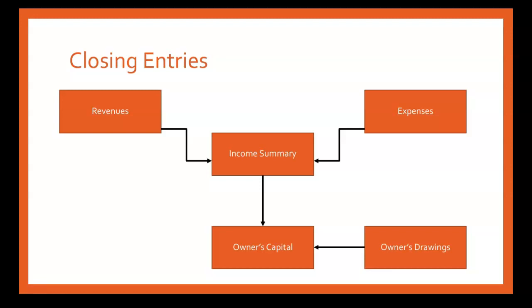Now, we have temporary accounts and we have permanent accounts. Your temporary accounts are the accounts that are being closed: your revenues, expenses, and owner's drawings. Your permanent accounts are the accounts that will still have balances after you complete all of your closing entries. So your permanent accounts will be your assets, your liabilities, and your owner's capital. Right? Owner's capital is involved in these closing entries, but the capital account is never closed itself. Things are closed to your owner's capital, but owner's capital remains open and keeps its balance.